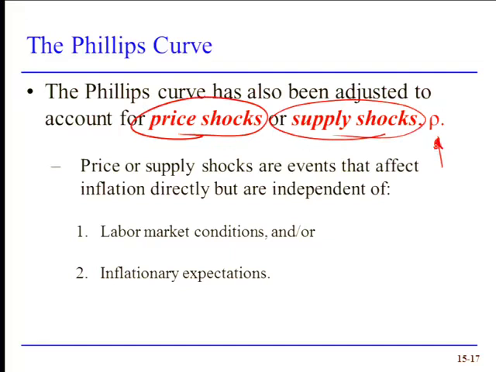So a really good example here would be a sudden change in, say, crude oil prices. Right? One of the things that we know is when crude oil prices jump, the price of refined petroleum products also jumps. And since refined petroleum products are used in lots of production processes, manufacturing, as well as packaging, if you've ever tried to open something done in plastic, you know that's a petroleum product, and distribution, driving cars, trucks, trains, airplanes, the whole bit. So the prices of those items also go up, which typically leads to a direct increase in inflation. Right? It doesn't have anything to do with where the unemployment rate was at the time, and it's not a direct effect of a change in inflationary expectation. It may, however, cause later a change in inflationary